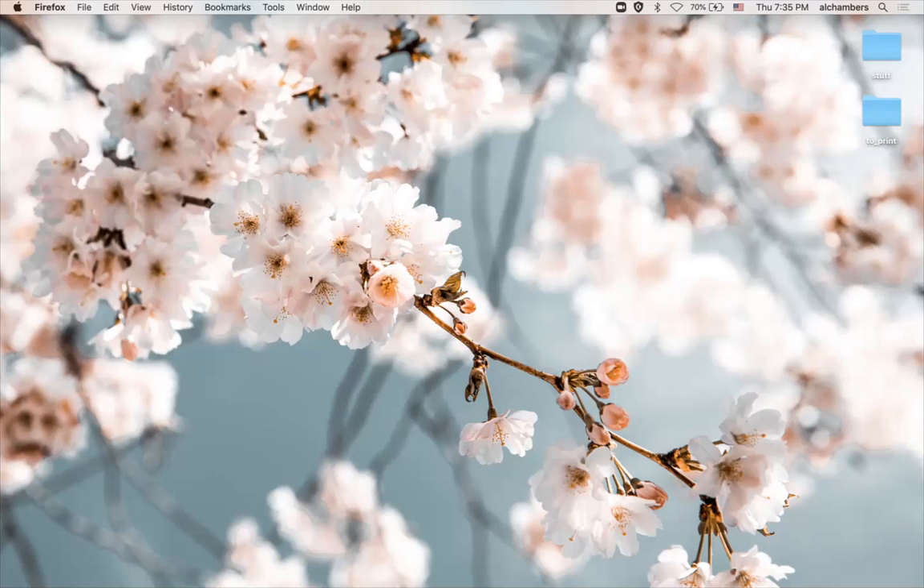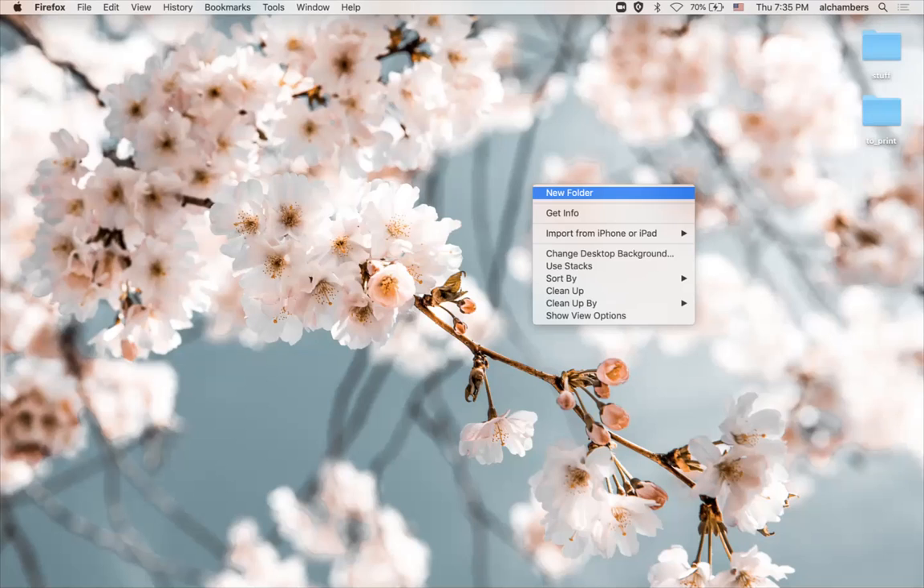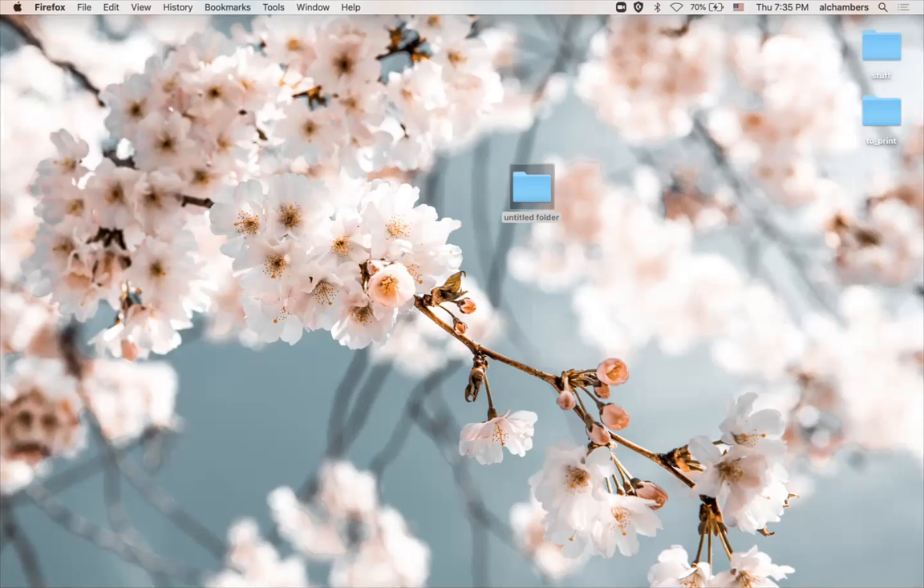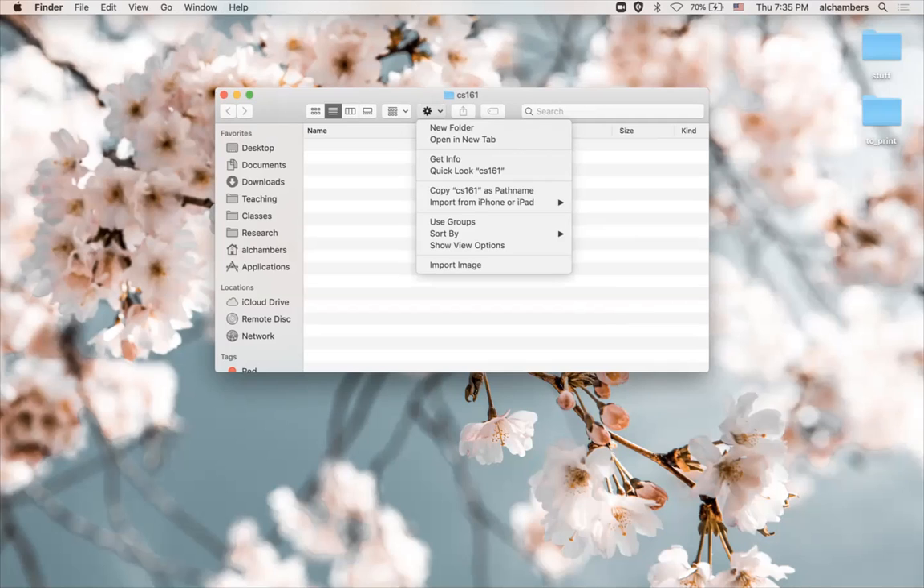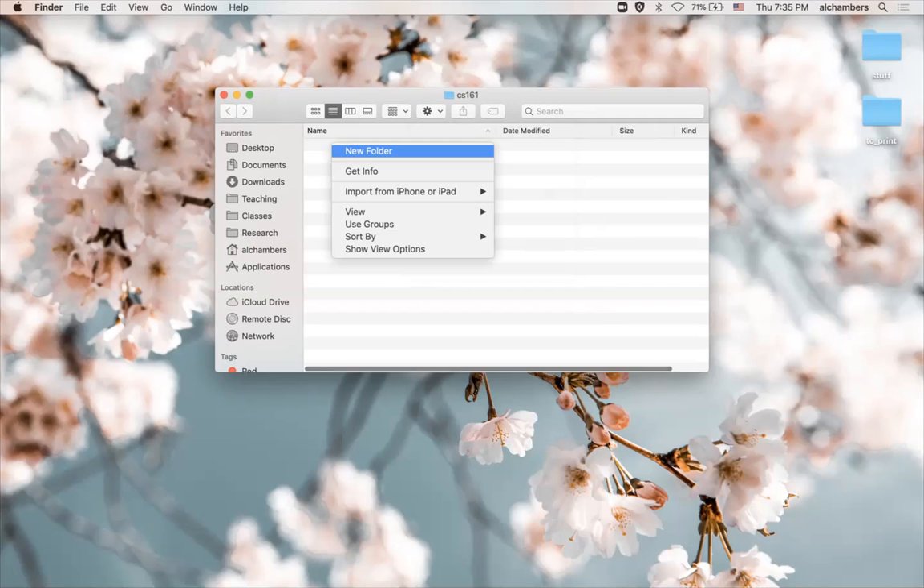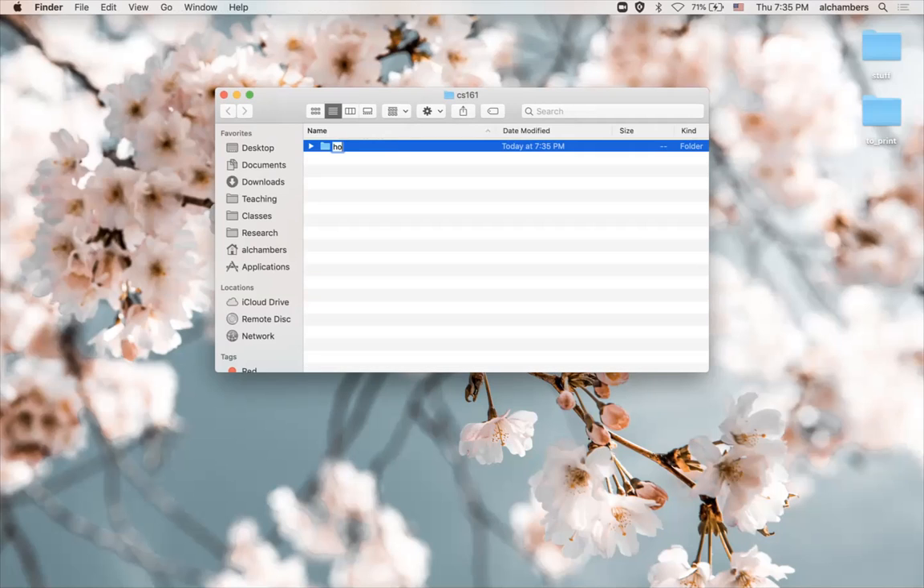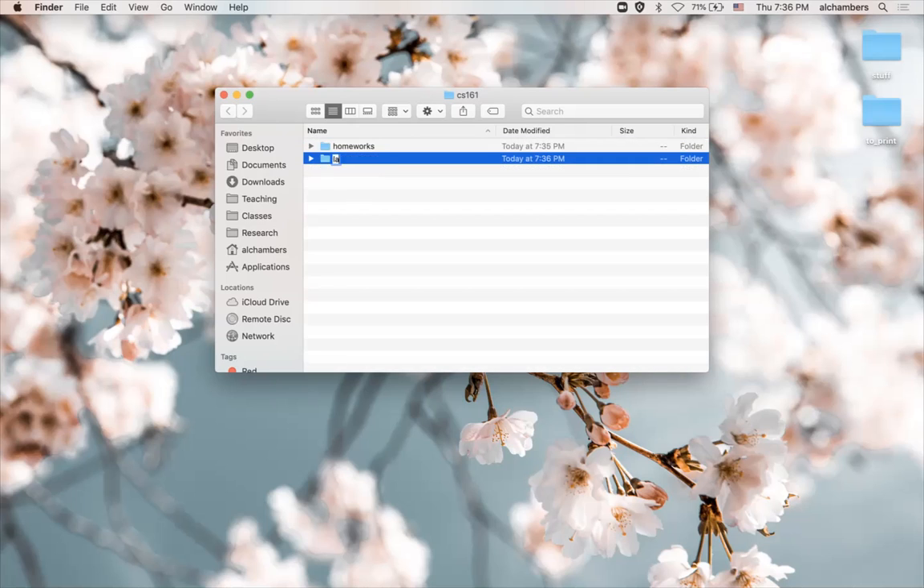So at least on a Mac, and I'm sure on a Windows too, you can create a folder by right-clicking, and I'm going to create a new folder, and I'm going to call it CS161, for Computer Science 161. Open it up, and inside we're going to create two new folders. You can either do that by going to this little cog here and selecting new folder, or again, you can right-click. One of the folders is going to be entitled Homeworks, and the second folder you should create is entitled